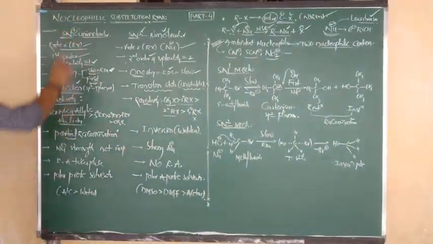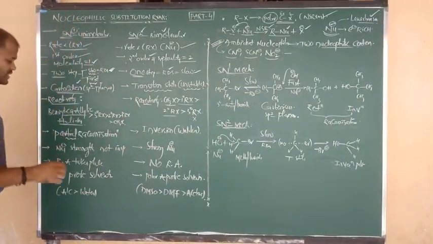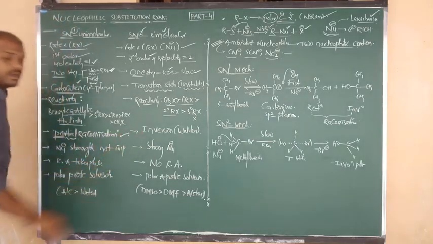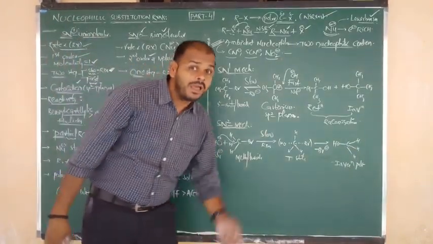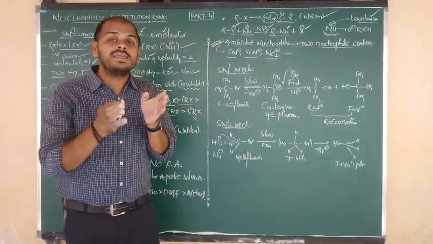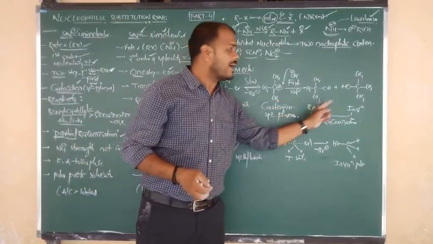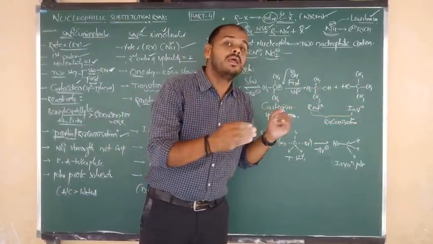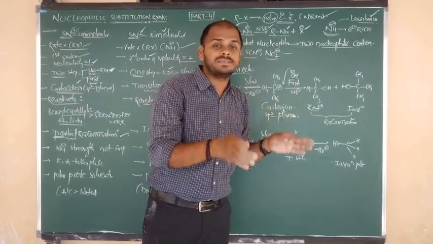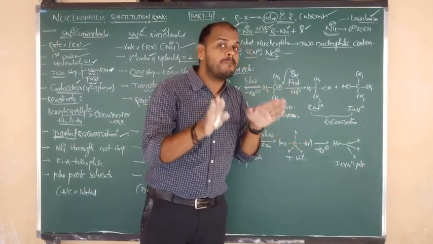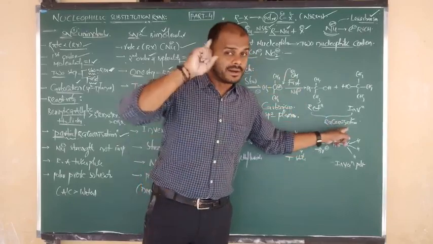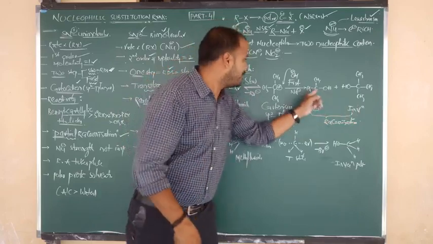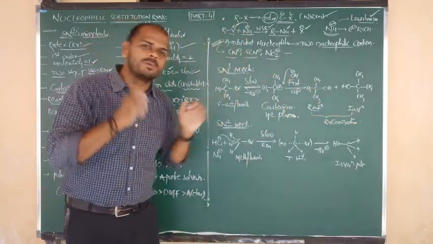Good. What is the final product in SN1 reaction? In SN1 reaction, the final product is partial racemization. Partial racemization means you are getting a mixture of retention product and inversion product. Here we are not getting 50-50. If we get 50-50 percentage, we say racemic mixture. But here I am saying partial racemization. And mostly the inversion product is dominant because backside attack of the nucleophile is more preferable.